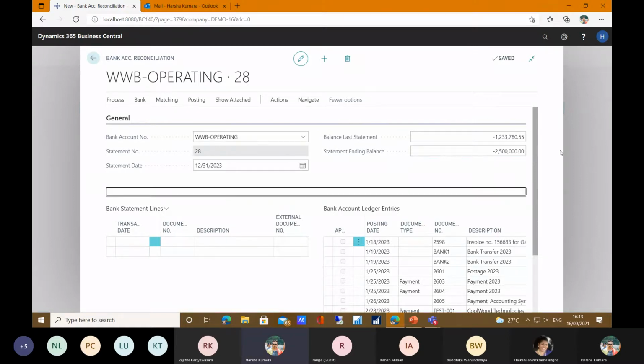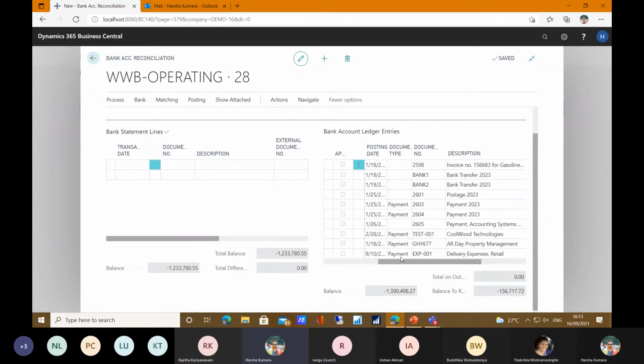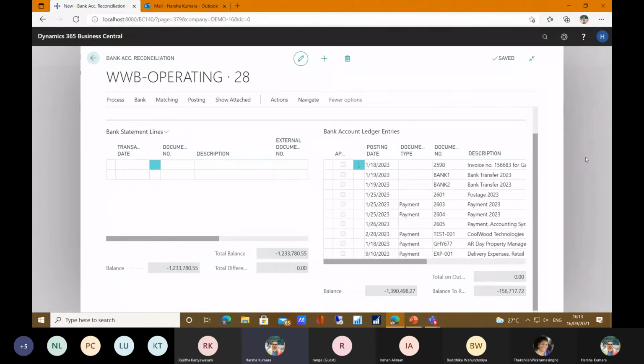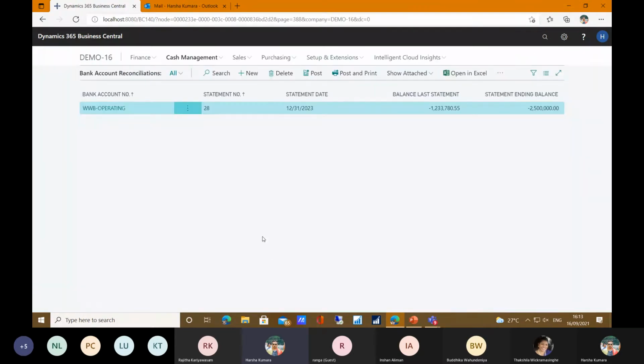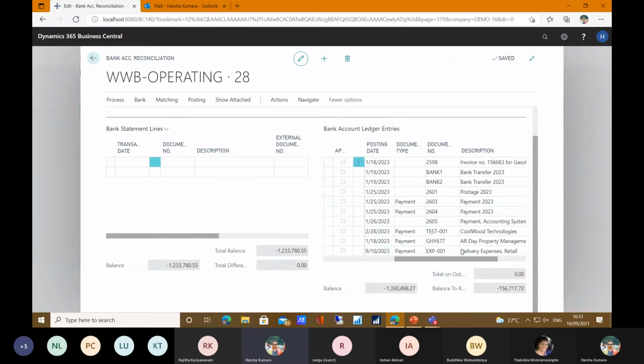Once you enter the 2.5 million, we can see the bank account ledger entries already posted in the bank account card, which we can see on the right side in the reconciliation menu. You can see every bank account ledger entry posted for this particular bank account, and you can do the reconciliation on the left side.